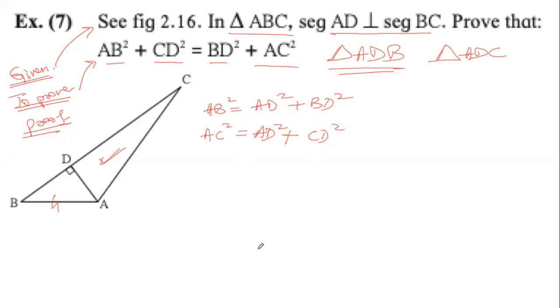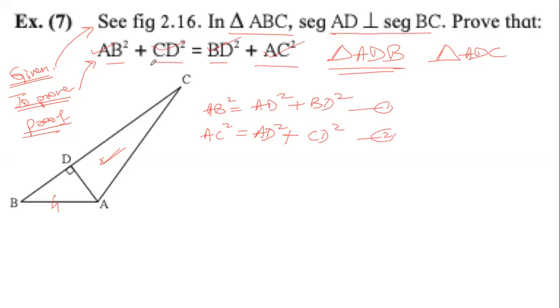We got this. Now see, what were we trying to find? We got AB square. We were finding CD square. We found CD square. We have the BD square. We wanted AC square. We got the AC square. See, we have everything. Now we have to use these to find out the final thing that we want.